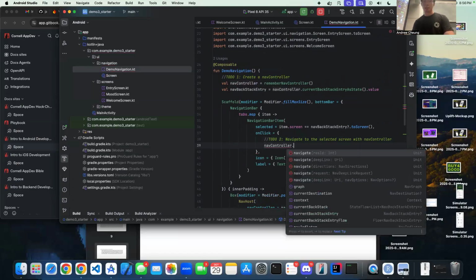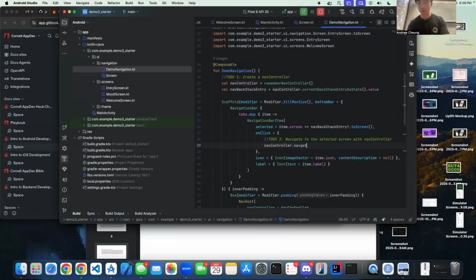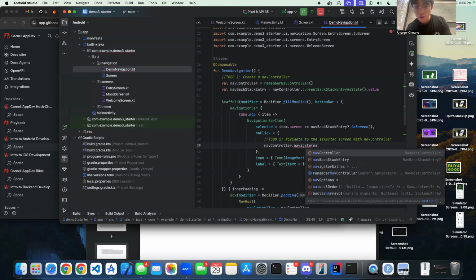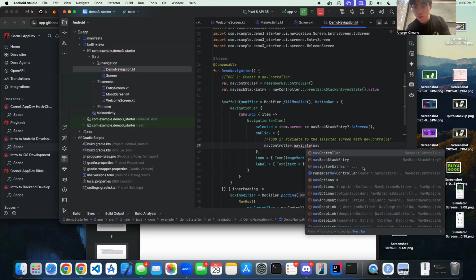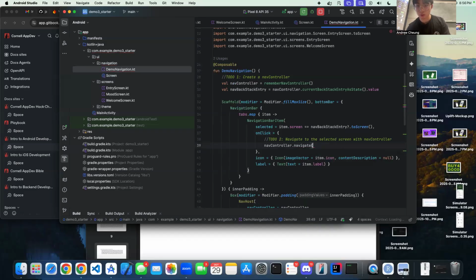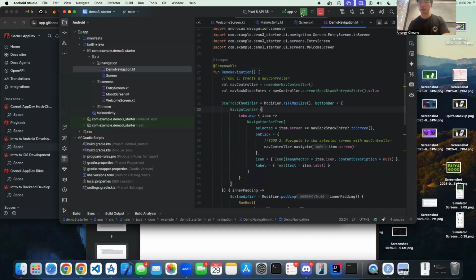So here you can just make use of the navigation controller and use the dot navigate function. And then just pass in... I think it was... yeah, I guess. Yeah. So now if I run the emulator,